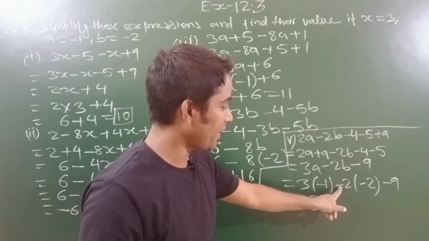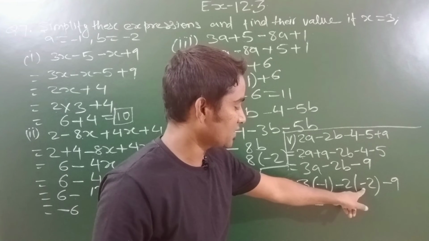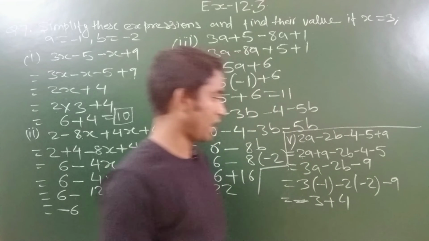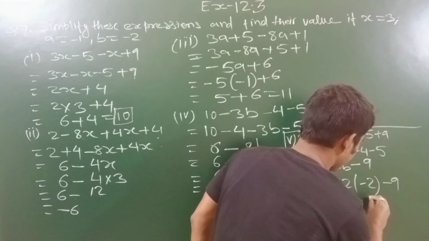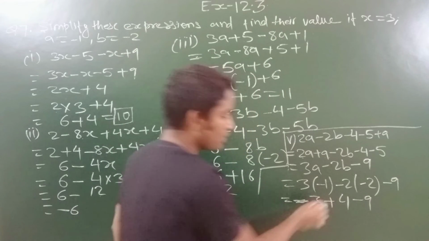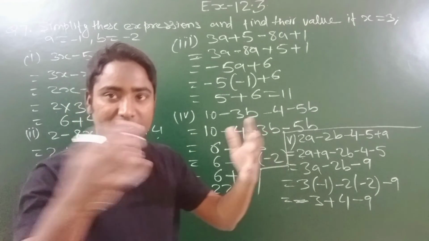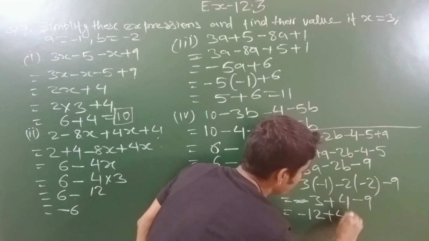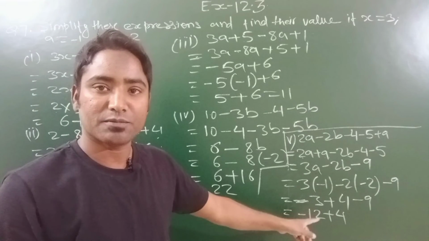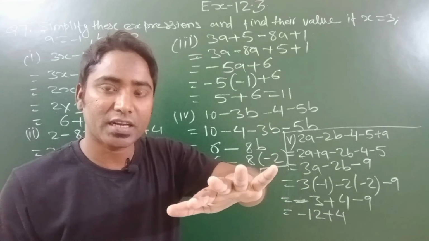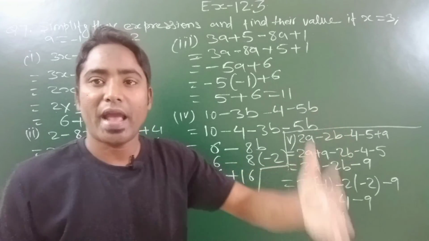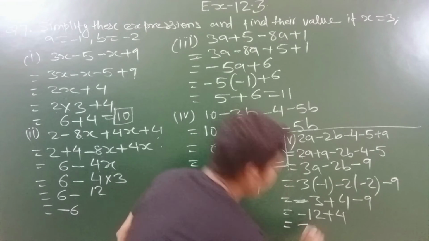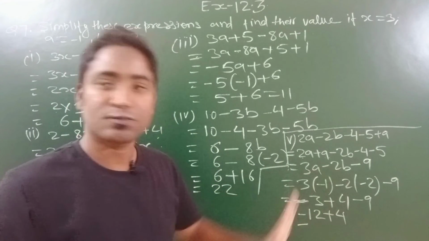Now before 2 minus sign is there, and before 2 again minus sign is there, so minus minus will give you plus sign. Okay, so 2 twos are 4 and minus 9 as it is. Now this one and this one both are having the same minus sign, so add them and consider the sign minus. So 9 plus 3 you will get minus 12 and plus 4. Now if you add them, as one is positive and another is negative, we will subtract them and consider the sign of the greater number. Here the greater number is 12, so in the result we will have minus. Now subtract them, 12 minus 4 you will get 8.